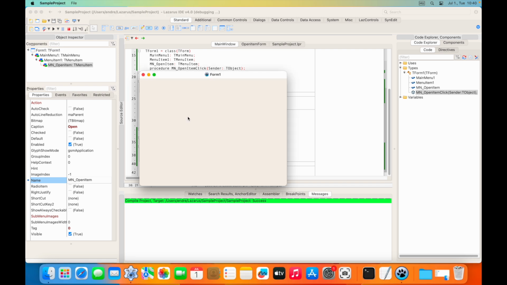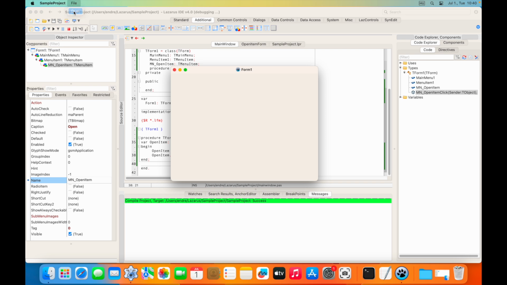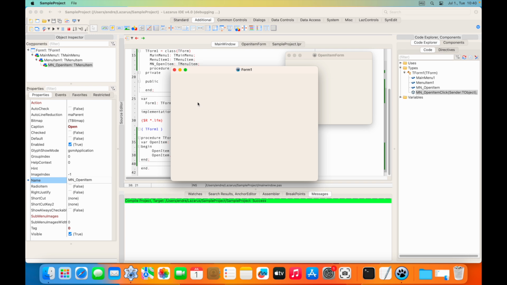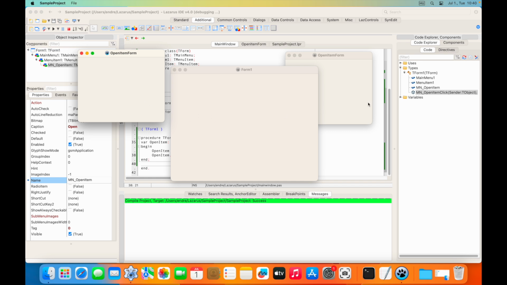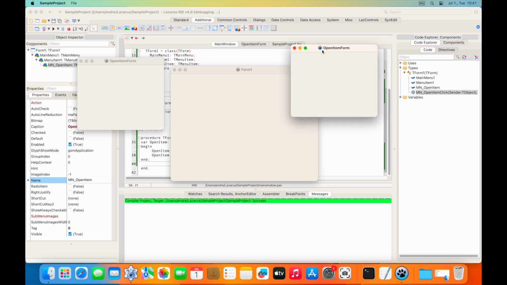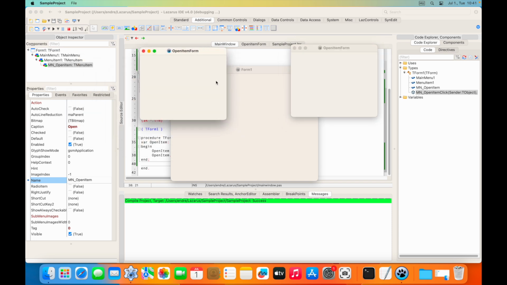Okay, so now we generated the application, we have the menu item, and when we open it, it is opening the open item form. And as I opened it with a simple show function, you will see that this form is appearing, but I can go back to the original form, and I can even generate another form of it. So this will be unique ones coming from the object-oriented system. Everything which is happening in this window will not be the same as in this window. So basically, with this option, you can open as many individual windows or forms as you want, but you need to be aware that these will of course be